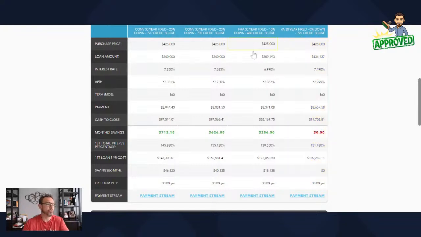All right. So the first column I'm going to go over with everybody today is a $425,000 purchase price. This hypothetical scenario has the client putting 20% down. So the mortgage amount will be $340,000. Based on rates today, I use 7.25% as the interest rate. I did a 30-year fixed, which is indicated here by the 360 months. So the total monthly payment for this client, for this purchase price with 20% down, would be just shy of $3,000 a month, at about $2,944 a month. And the total money needed to close would be